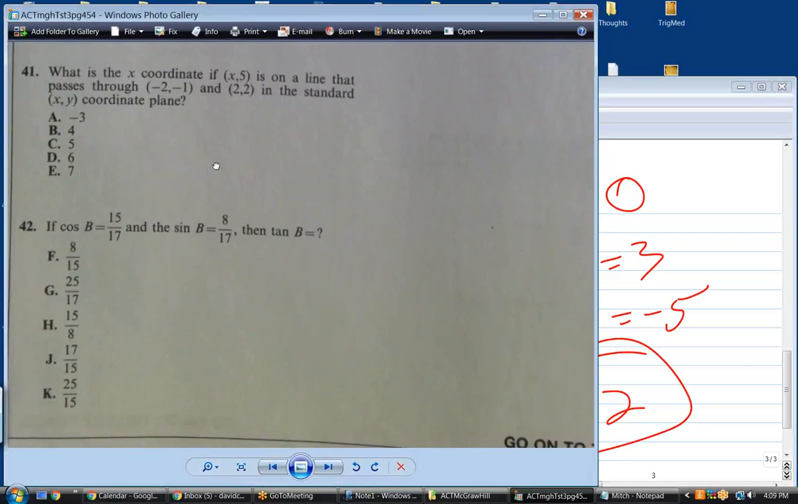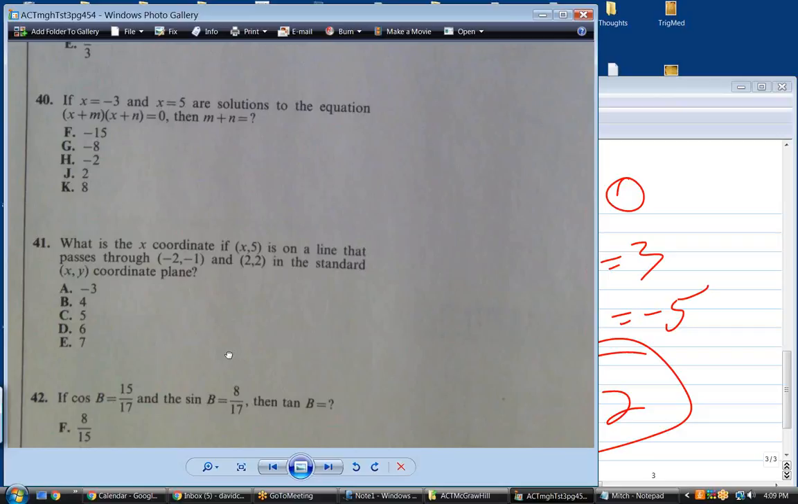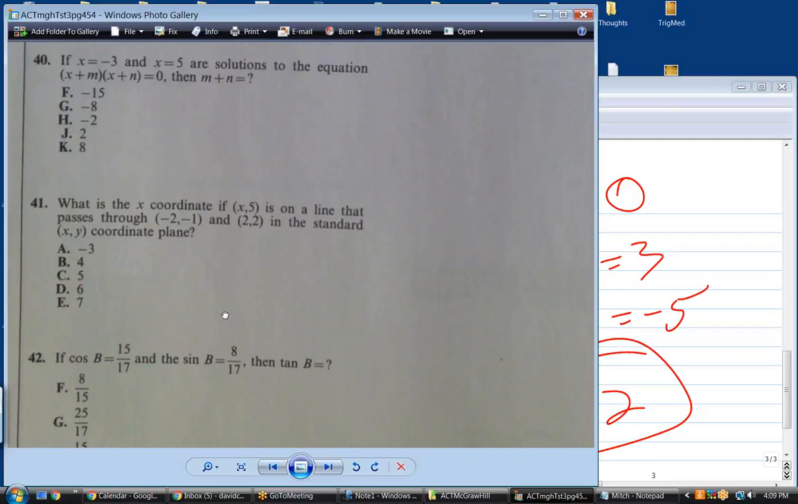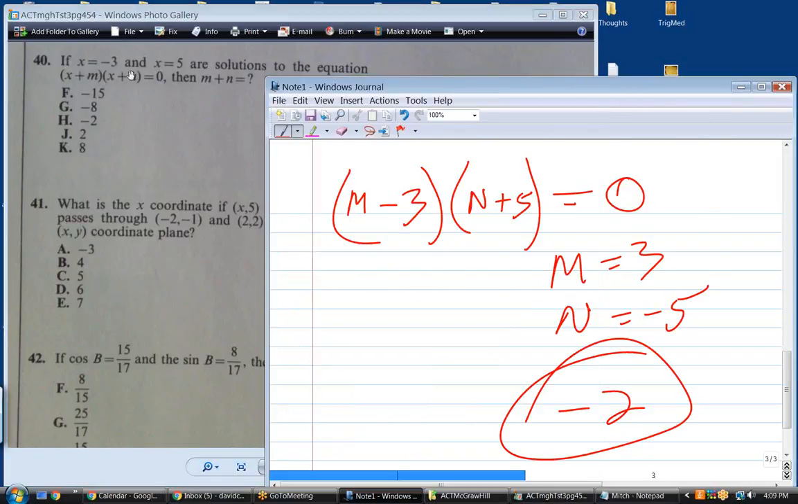That was a little different. Is that the correct way to do it, or? Yeah, I don't see any other way to do it. And that is absolutely correct, because once they give you this information and they tell you what x and